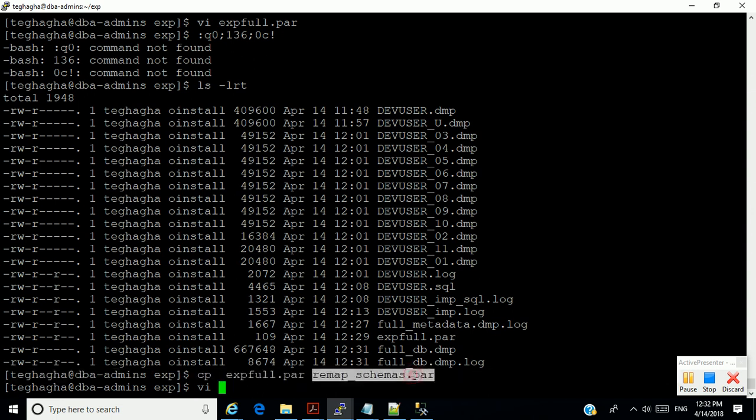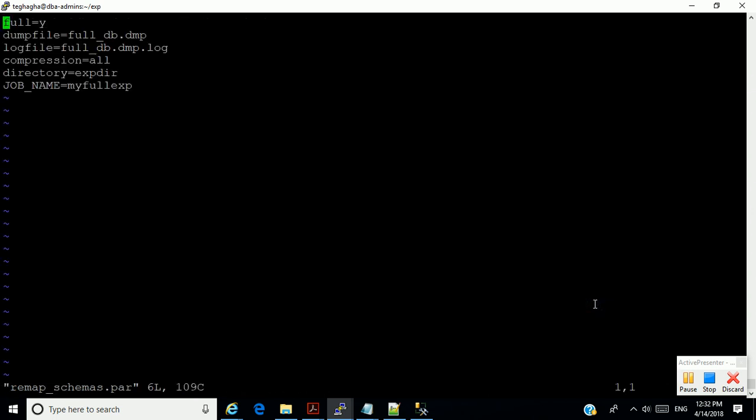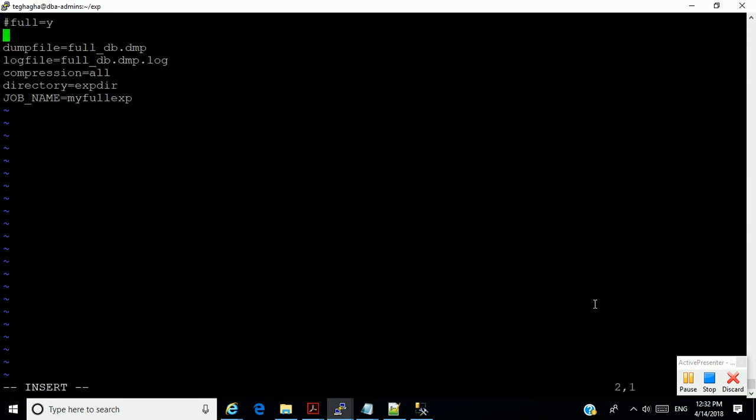I can write schemas. You know what? Instead of cancelling that, I just comment it, okay? Then I can write schemas equal to dev user 2, dev user 3, okay?